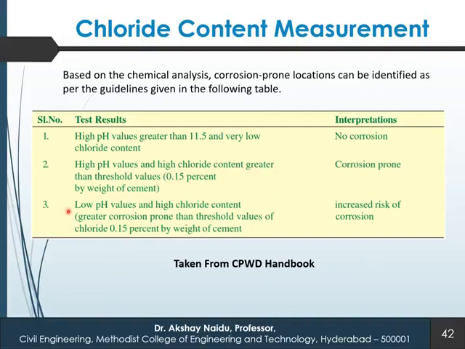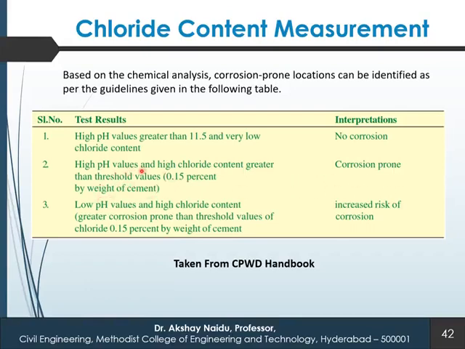Now there are some things. If you check the pH value of concrete and the chloride content, then we can conclude about the corrosion in the concrete. If high pH values greater than 11.5 and very low chloride content, then there is no corrosion. High pH values and high chloride content, greater than the threshold, that is 0.15% by weight of cement, then the concrete,